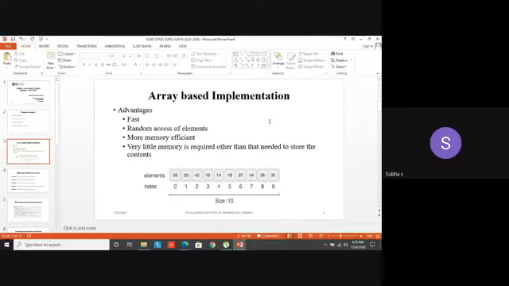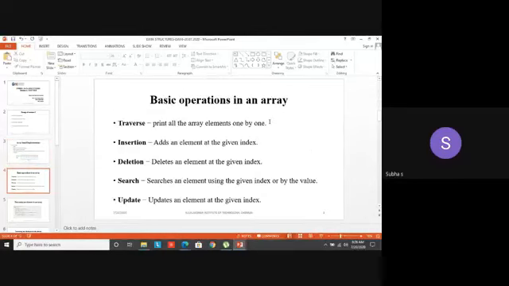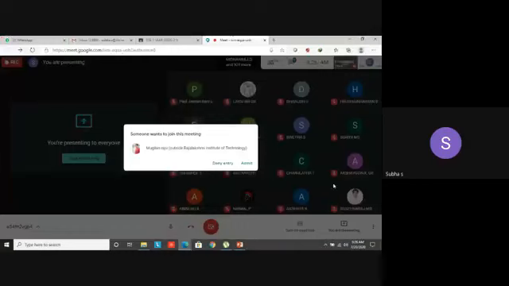Up to 9. So I have stored all those elements. Here your size is 10. Your n value is 10 only, not 9, while your array index runs from 0 to 9. Don't get confused. So now we are going to see the basic operations in an array. How are we going to implement these basic operations? Very simple. Only in a linked list do we have some little more additions in the routines. All these things will be very familiar, very common things we apply. So these are the basic operations in an array: traverse, insertion.